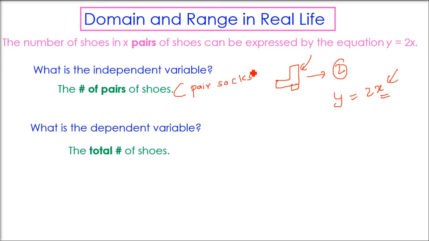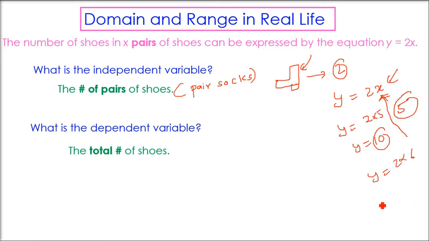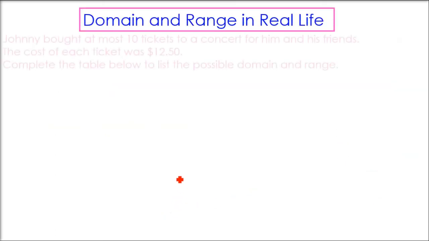Or you can also relate it with pairs of socks. One pair of shoes, 2 socks. You can also make this function for socks. For example, you have 5 pairs of shoes. How many socks will there be? 10. If I say you have 5 shoes, I'm not saying we are having 10 shoes. It is 10 shoes, but you will only say 5 shoes because a pair is taken as 1. But for socks, if I want to evaluate, I multiply this with 2.